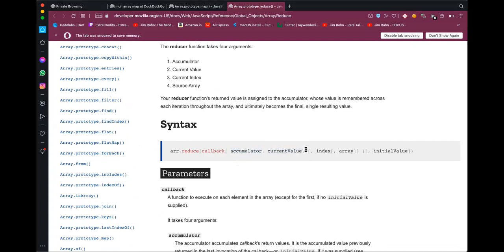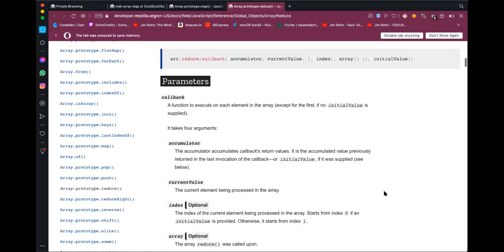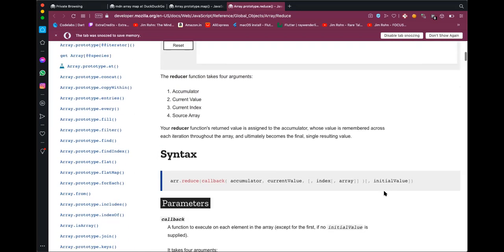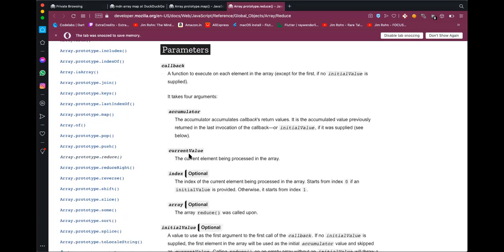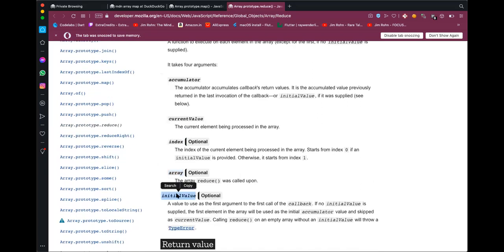And there are two optional arguments as well. Use them when you need them, but otherwise you don't need to worry too much about it.